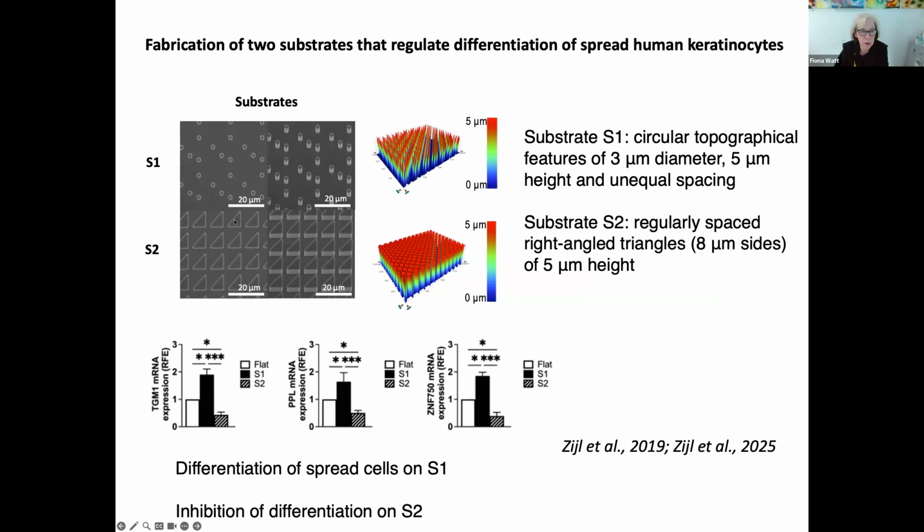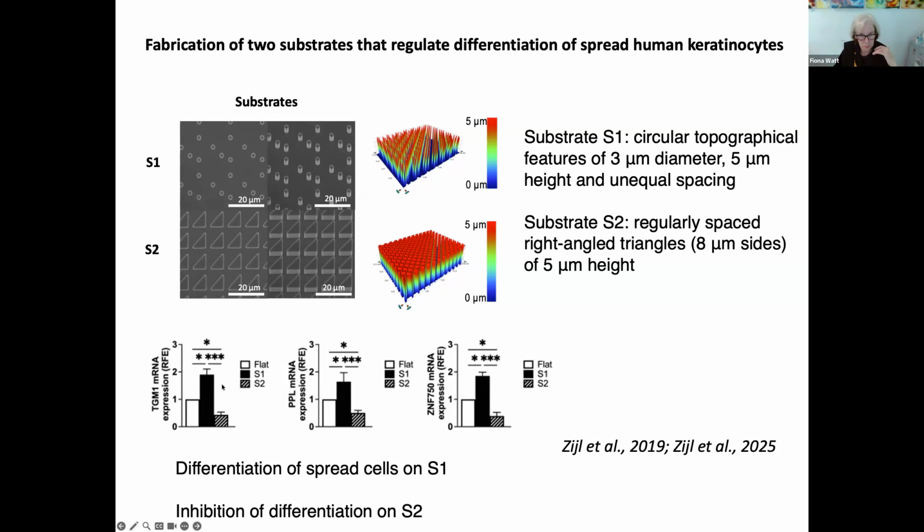And these scanning EM pictures here show two substrates that we have worked with subsequently. This substrate, which we call S1, consists of irregular circular pegs, and this one called S2 consists of regularly patterned triangles. And if you look down here, this is qPCR where we're measuring expression of differentiation markers. You can see on the S1 substrate, differentiation is stimulated, and on the S2 substrate, differentiation is actually inhibited relative